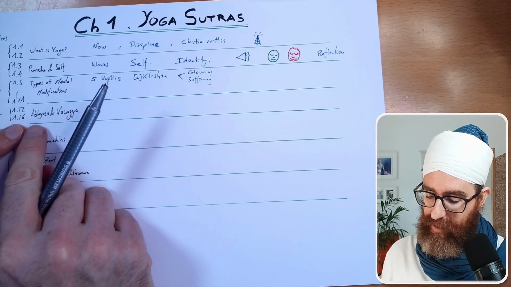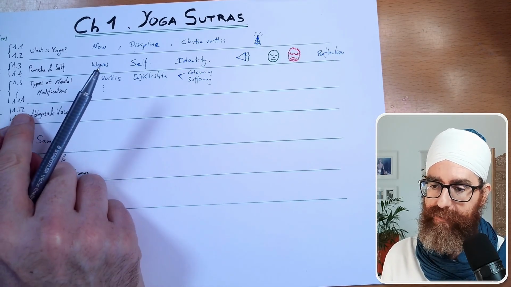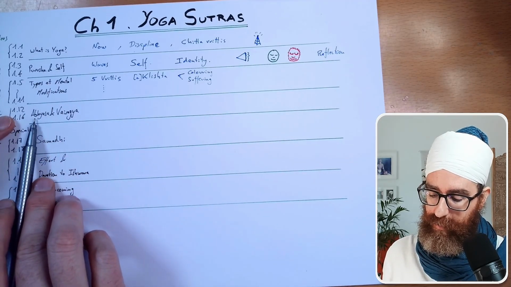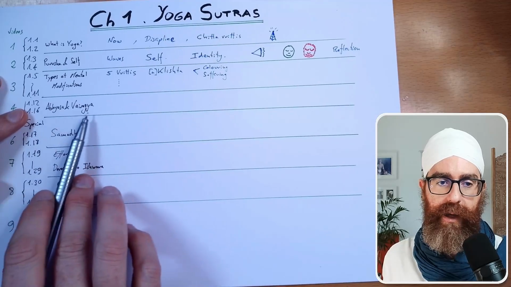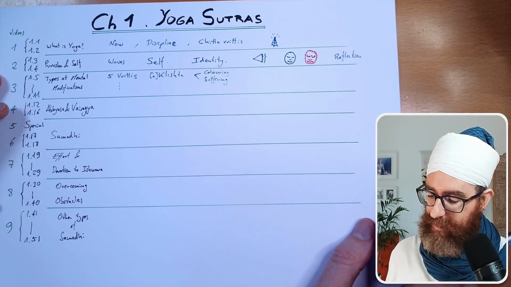The next video was very important as well, 1.12 to 1.16. The very 1.12 is the sutra in which Patanjali introduces these two key concepts, abhyasa and vairagya. This idea of